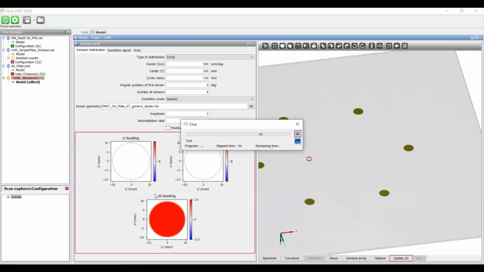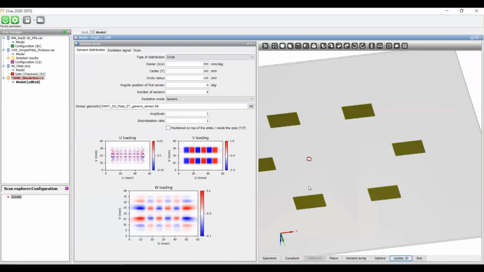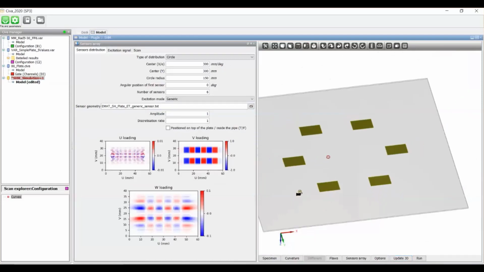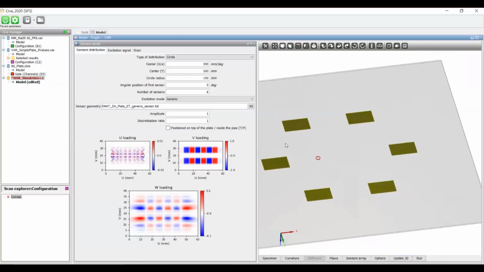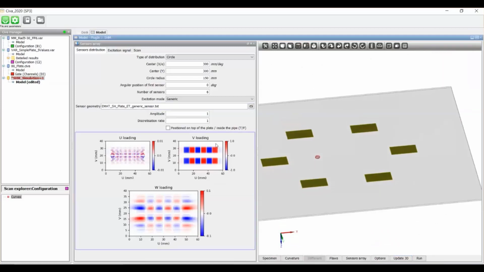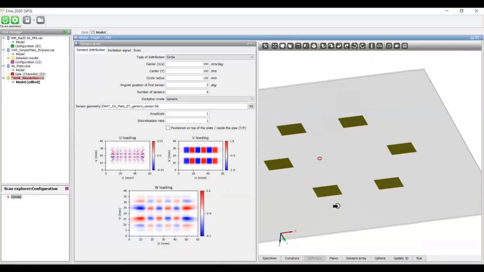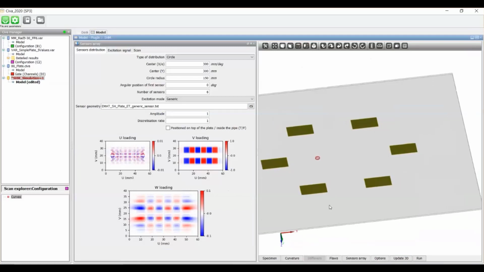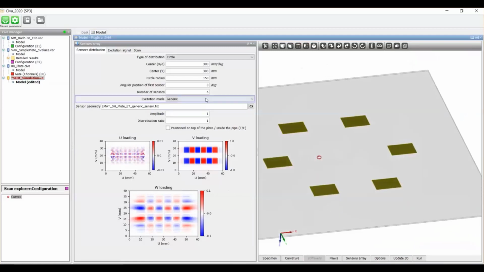In this case, we have loaded loading profiles coming from EMAT probes that you may have calculated with CEVA eddy current, and you can see here 6 EMAT probes and the corresponding UVW distribution of excitation profiles. So it's actually quite flexible, from the normal and radial predefined patterns to a generic one.